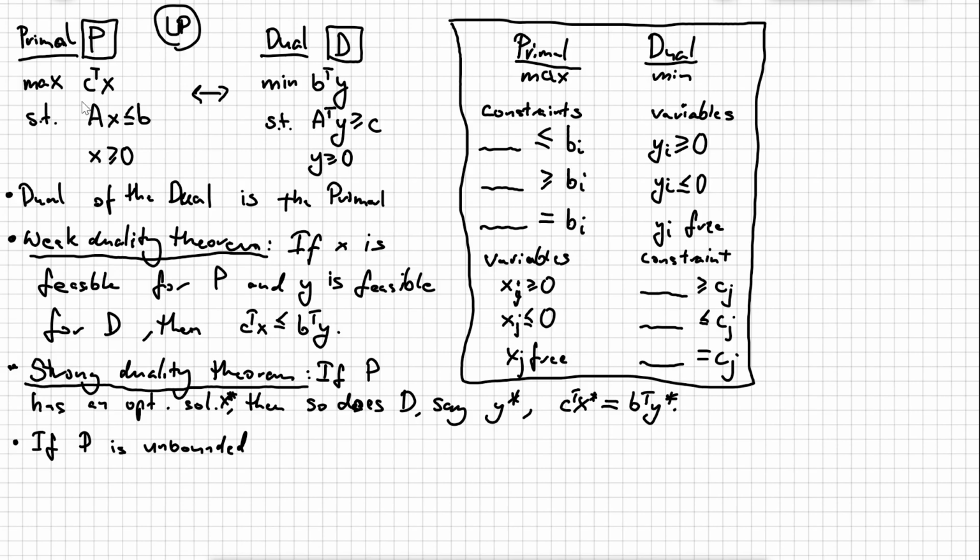Well, by this we mean, even by weak duality, if there are solutions like this x, where the objective value can be taken to infinity, then these cannot exist, right? Because nothing can be greater than or equal to infinity. So what we will say is that if primal is unbounded, dual is infeasible,